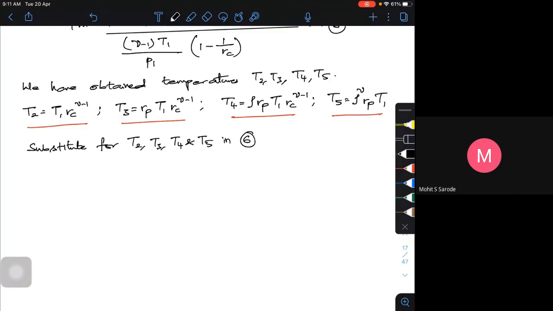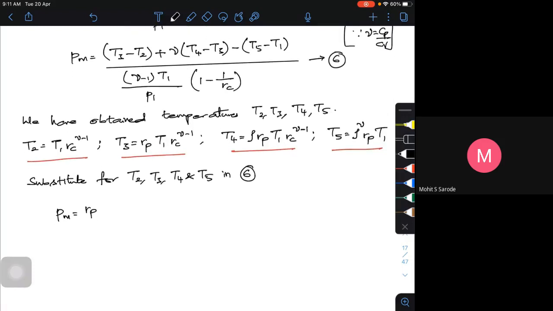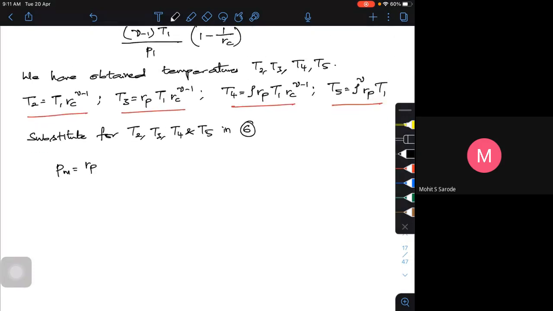If I do that, your mean effective pressure Pm is equal to, first let me write for T3. T3 is equal to Rp into T1 Rc to the power of gamma minus 1,